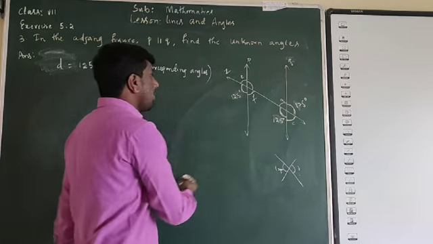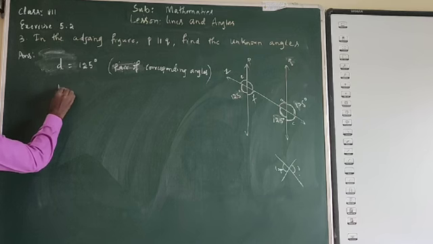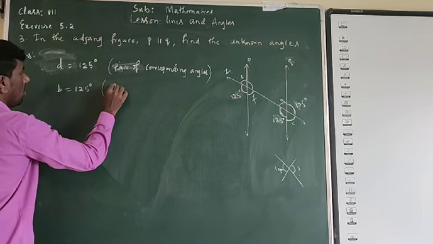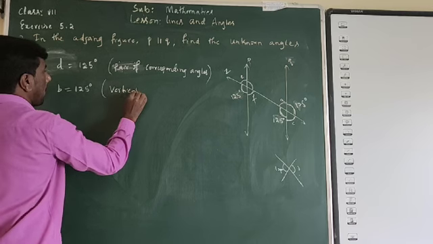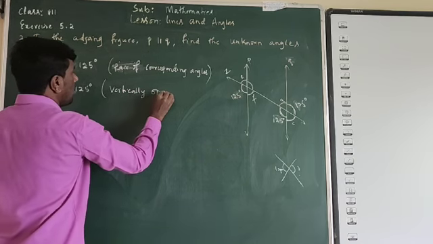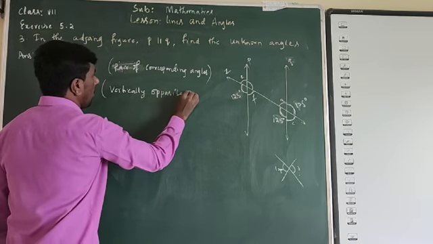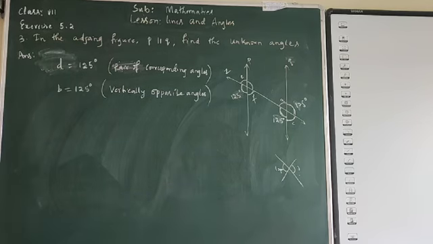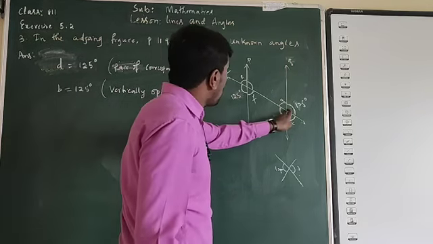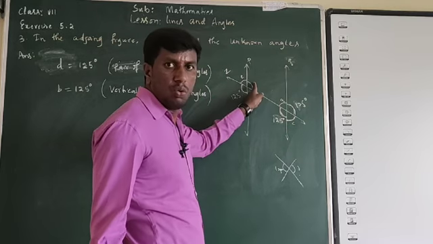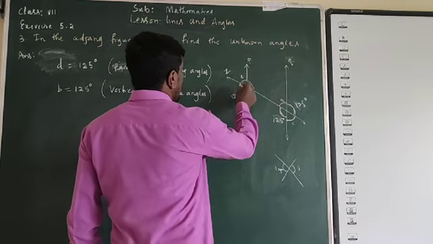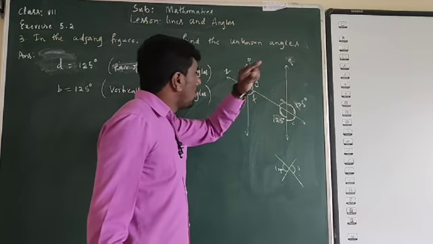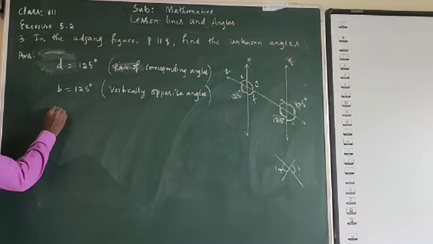Right? So what is that? B. B is also 125 degrees because vertically opposite angles. Okay, then that is 125. Then if this is 125, then this is also 125. So let me denote it as G. So G is also 125. G is equal to 125